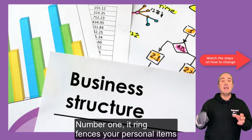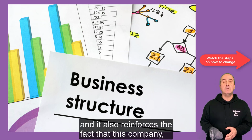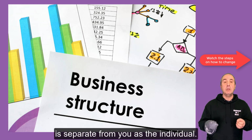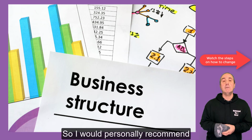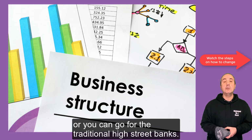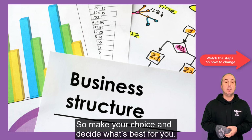Number 1, it ring-fences your personal items from your business expenditure, and it also reinforces the fact that this company, this thing you've created, is separate from you as the individual. So I would personally recommend a limited company bank account. Again, you can do it online, or you can go for the traditional high street banks. You can also do it at the moment you apply for a limited company,